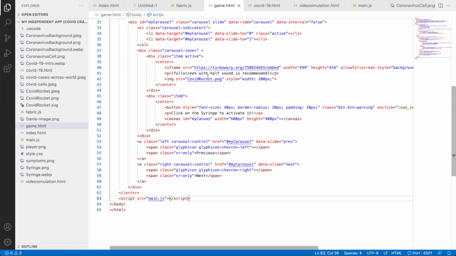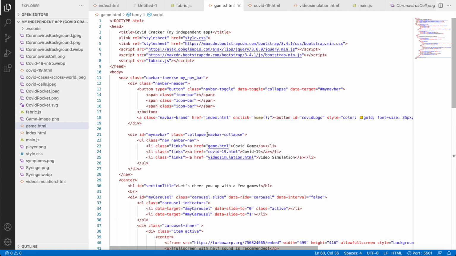Now before I finish this whole HTML page, I have to tell you something really important. Here at the top we put a link to fabric.js, and this one is really important because we need it for our game and our canvas, so we should not forget that. Now our game.html is finished. Now let's go to our next section,